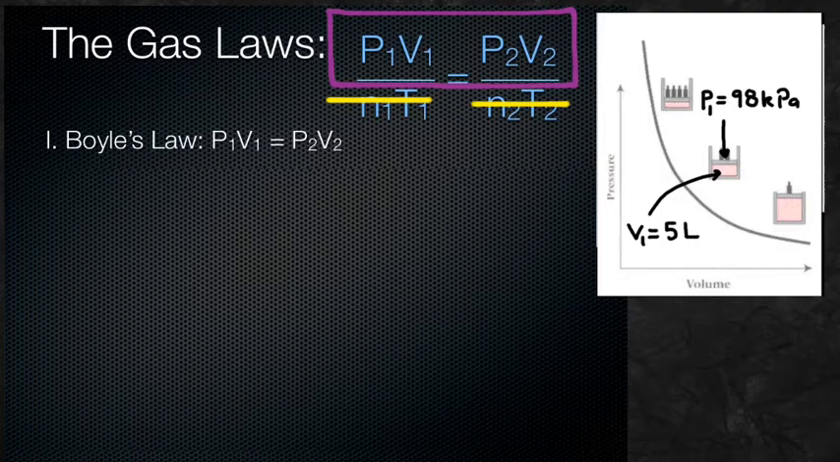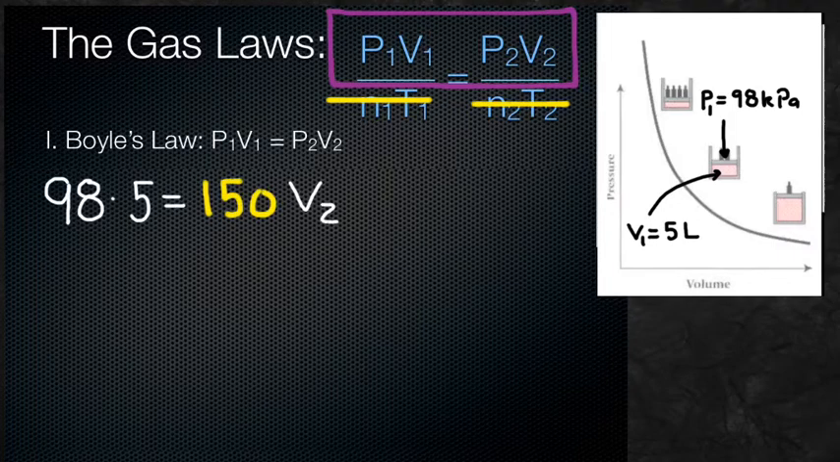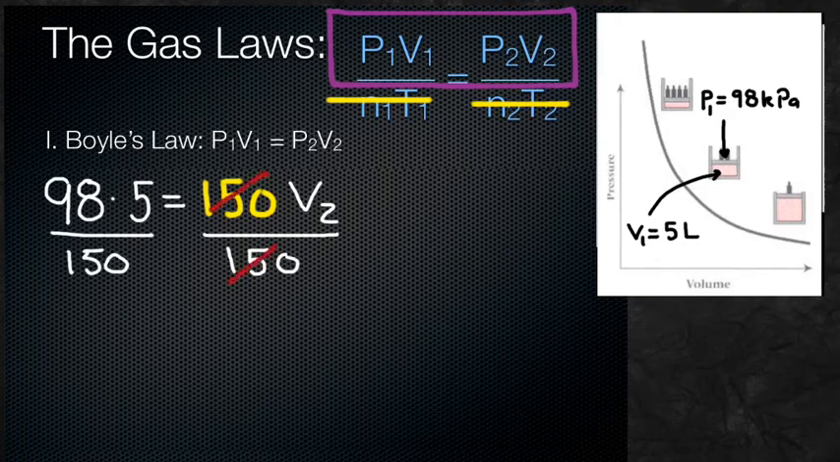So let's look at this as an example problem. Suppose we have a gas which originally occupies some 5 liters at a pressure of 98 kPa, and we're going to increase the pressure to 150 kPa. So just doing your algebra, you can divide both sides by 150, solve for V, and we get about 3.27